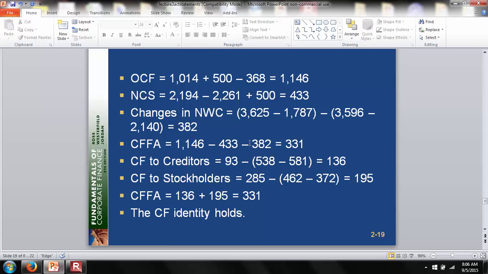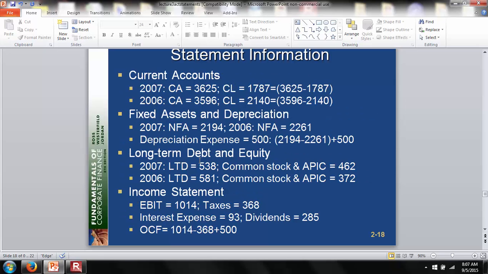So the cash flow from the assets is given by operating cash flow minus the net capital spending minus the change in the net working capital. That gives you 331. What about the cash flow to creditors? The cash flow to the creditors is the interest they get. That is